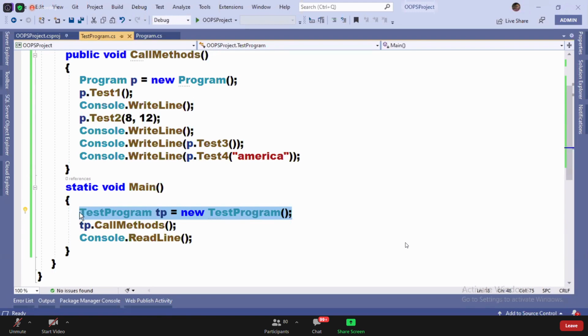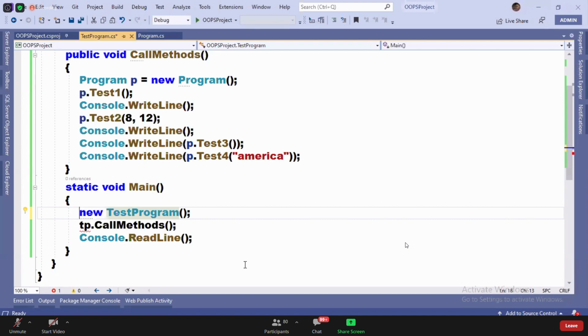Now, tell me, will this create an instance? Yes, that will create an instance.